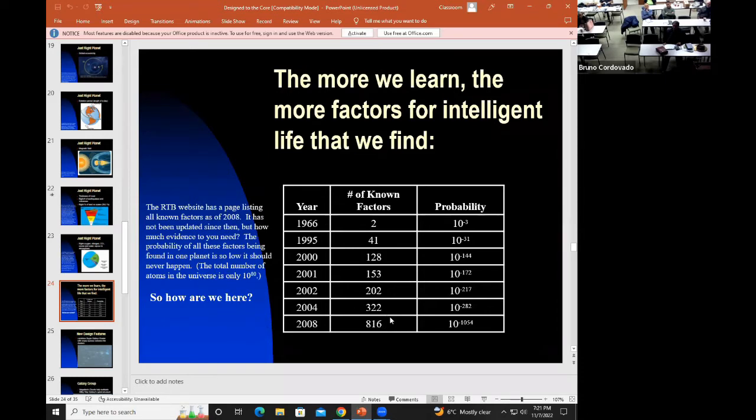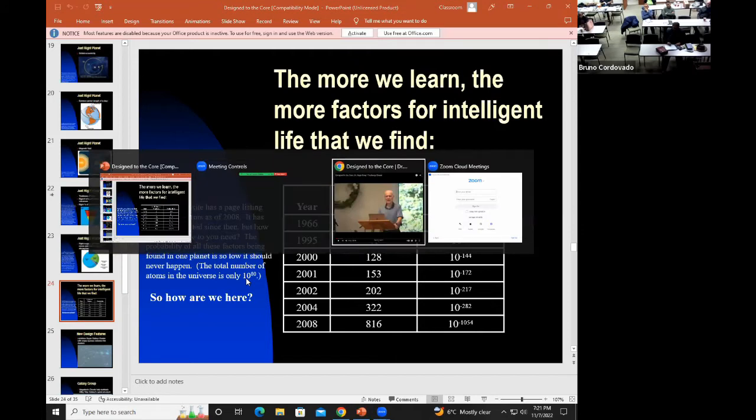And this number of 10 to this exponent here of 1,000, it can never happen because the total number of atoms in the entire universe is only 10 to the 80. So this gives you an idea of some of the factors, but let's watch and see what Hugh Ross tells us in this presentation that he's going to do.